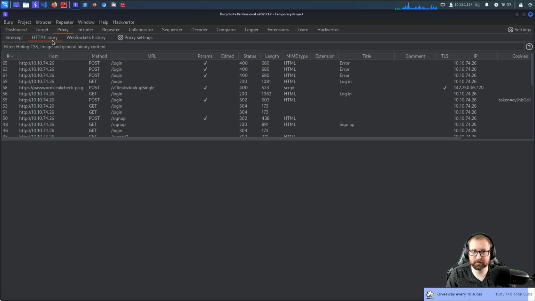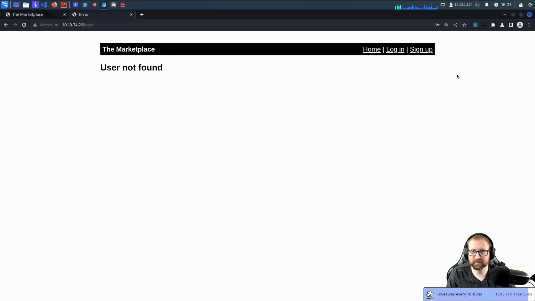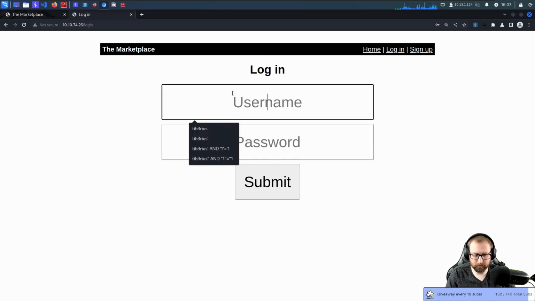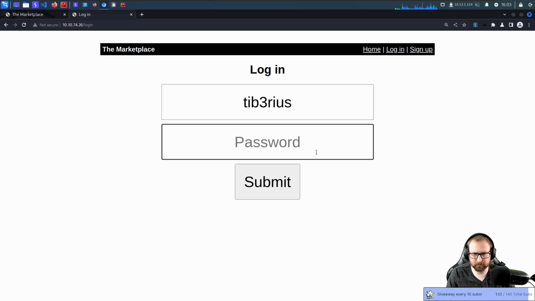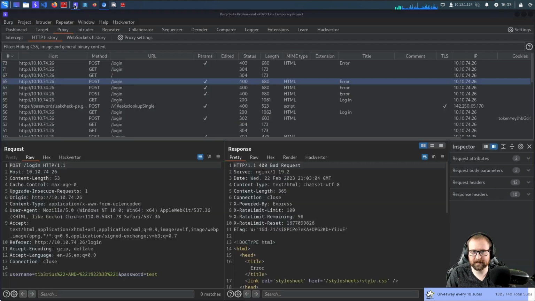User not found. Actually, I should probably inspect this and see exactly what it's doing. Yeah, it's just regular. So my first thoughts is there isn't some SQL injection there. But presumably we can do username enumeration, because if I do Tiberius with password test, it's going to say invalid password.